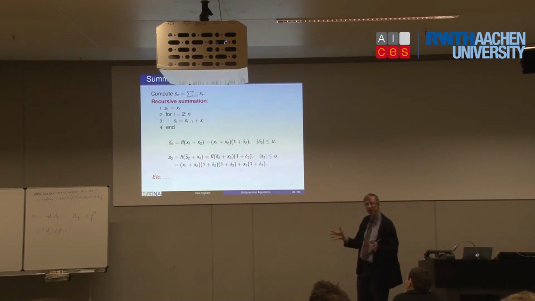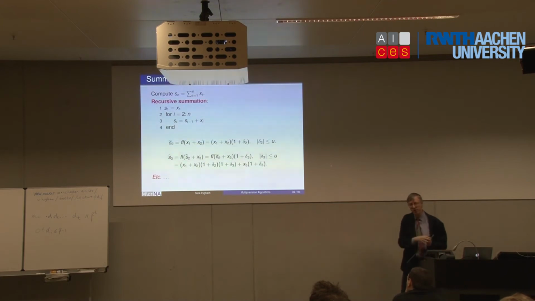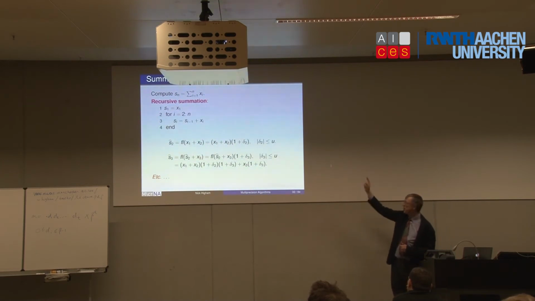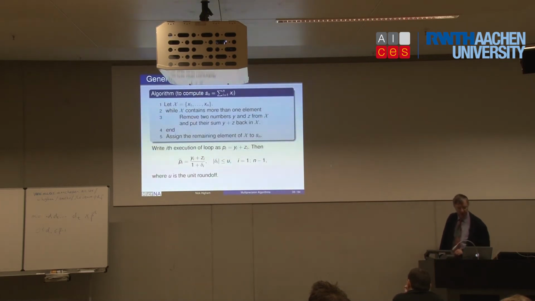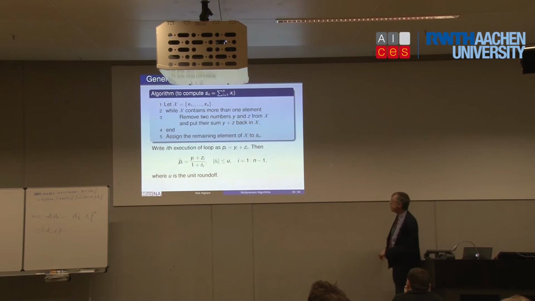I could group the summands in different ways. I could add all the positive numbers and all the negative numbers, then add the results. There's also the binary tree summation idea I mentioned. So there's quite a few things you could do, and at the moment, specific to that one form, way of analysing summation. Well, here's a nice thing.